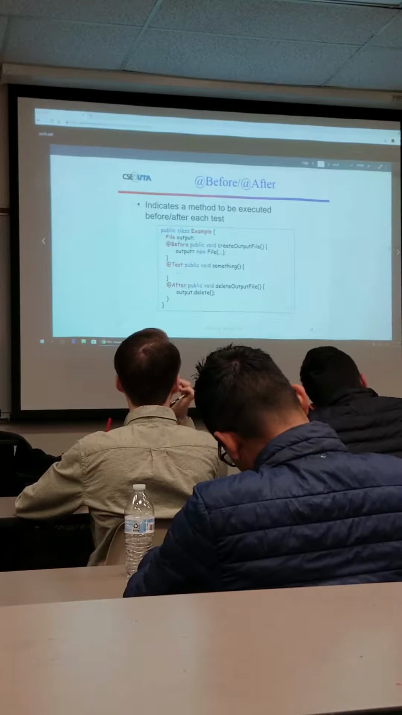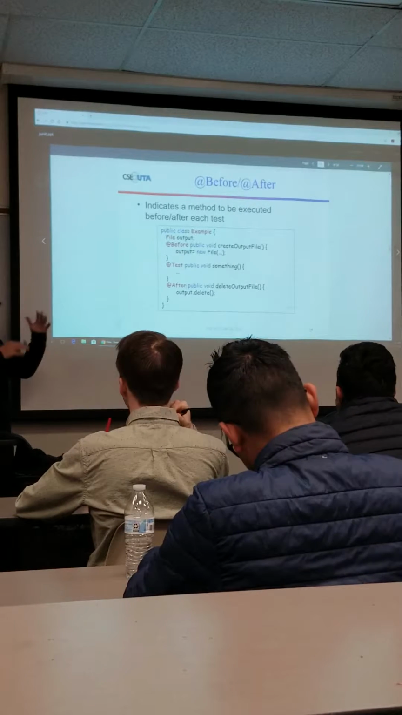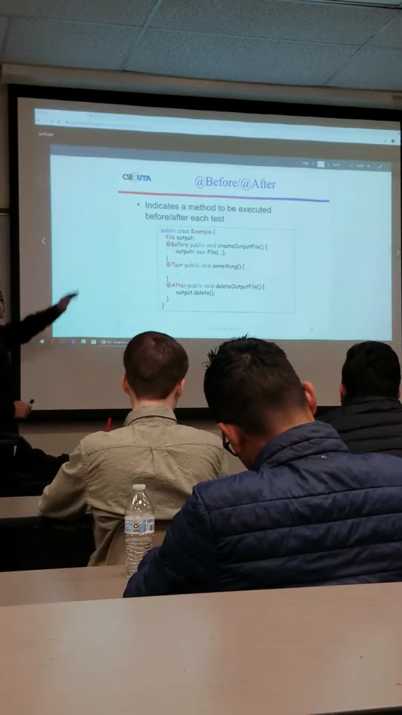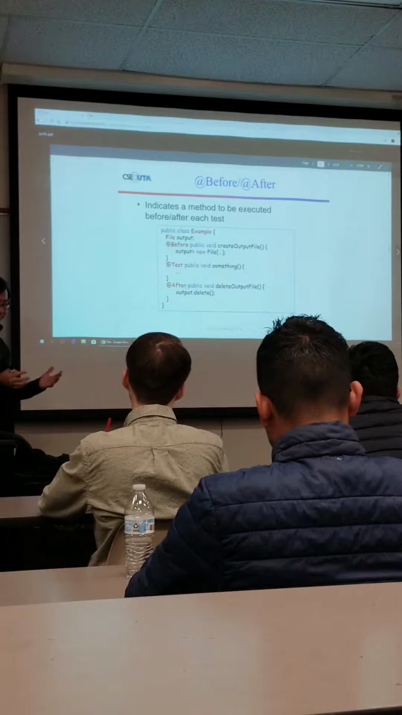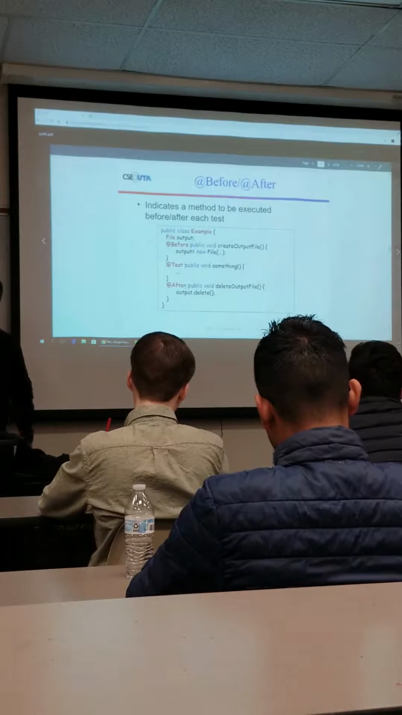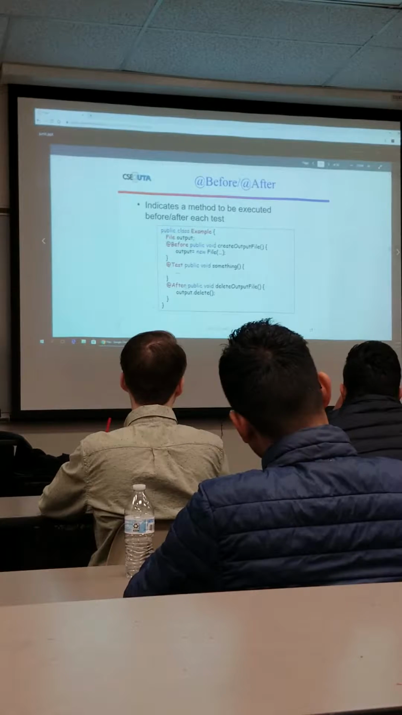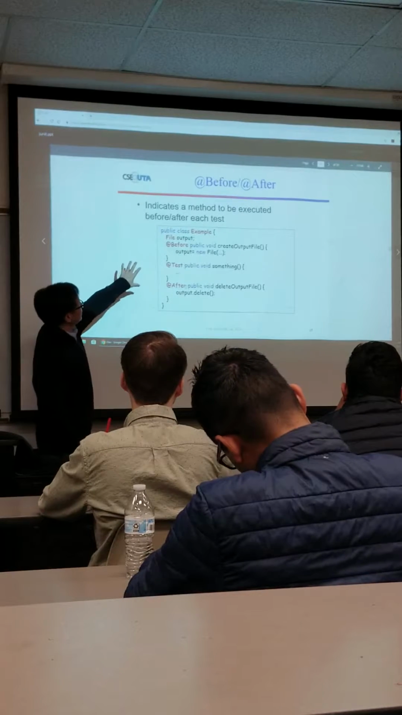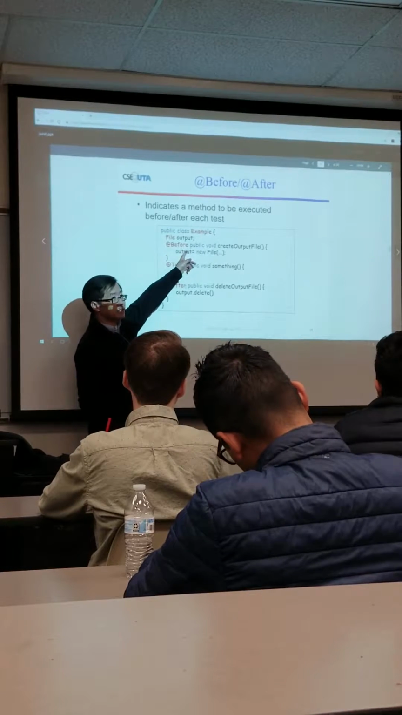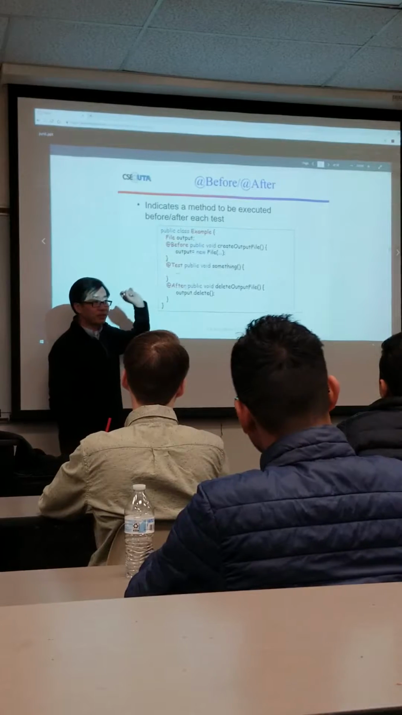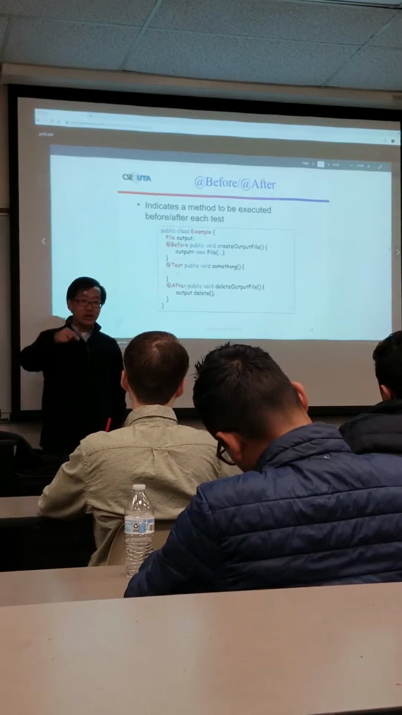So that's kind of a high-level overview of the major API packages. What we're going to do next is look at each annotation, so that you can get a better idea about what is provided by JUnit. So Before and After: if a method is annotated with Before, it means that when JUnit tries